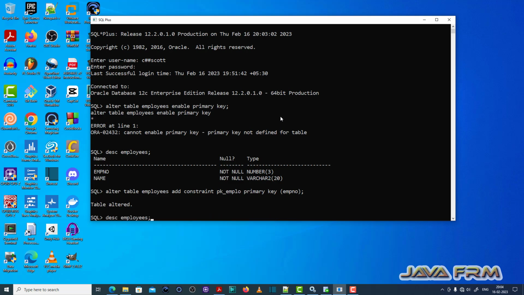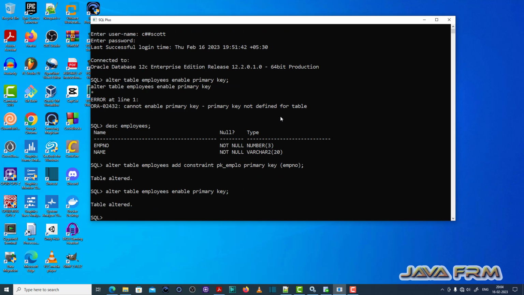Now I am executing the query: alter table employees enable primary key. So now the query is executed successfully. So this is the fix for ORA-02432: cannot enable primary key - primary key not defined for table. So make sure that primary